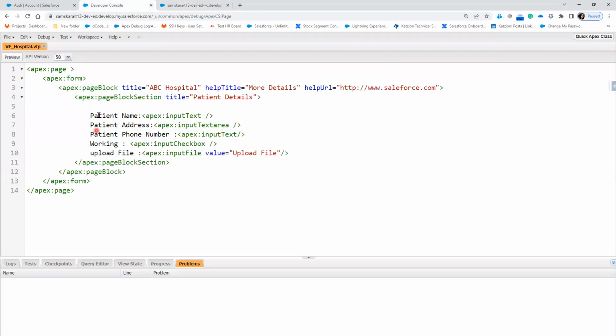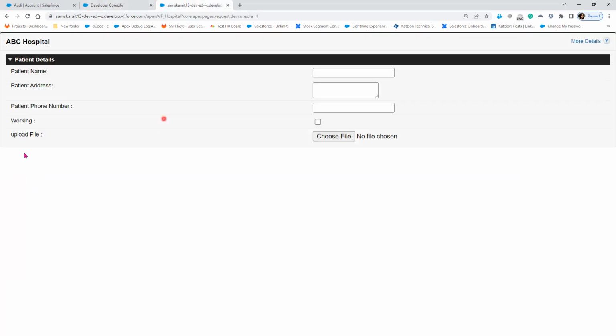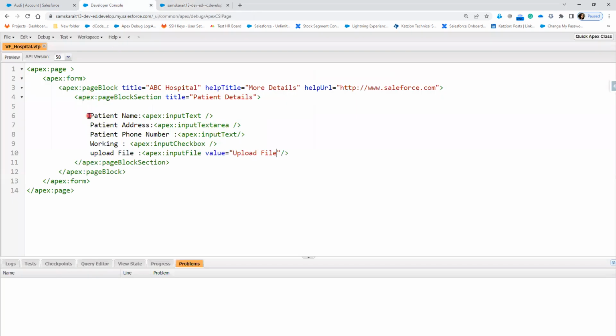Now, if you look at the code, you will not see any differences in the UI. The UI seems very good. Now at the bottom we need to add the button. We will add the button later. But assume that here I wanted to display the patient name, patient address, patient phone number, working, upload file. What we are doing is just hard coding it and giving it as simple text. But ideally, when we look at it code wise,